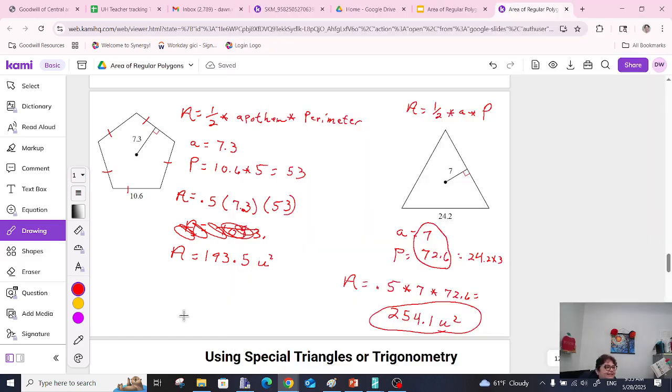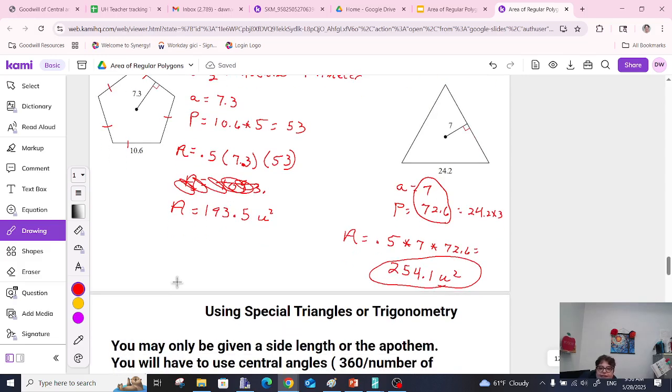Okay, now these were easy, right? And in math, do we always keep it easy? Oh, we always throw something in there to make us think a little harder. And so right here,